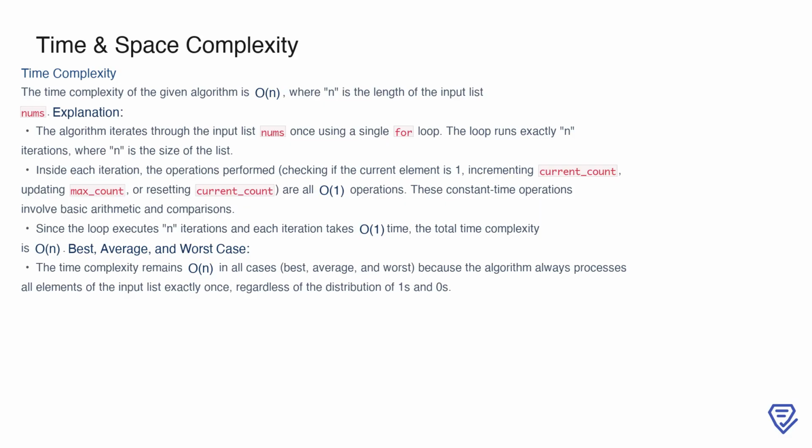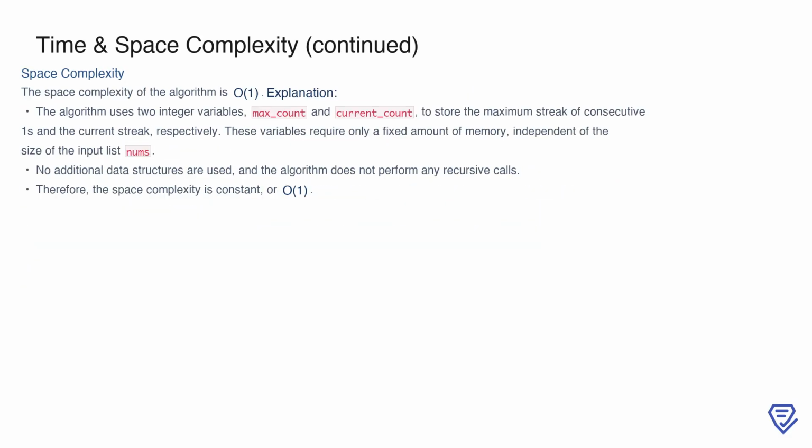Importantly, this holds true for the best, average, and worst cases because the algorithm always processes every element in the list, regardless of the arrangement of ones and zeros. Now let's discuss the space complexity, which is O(1). This is because the algorithm uses only two integer variables, max_count and current_count, to track the